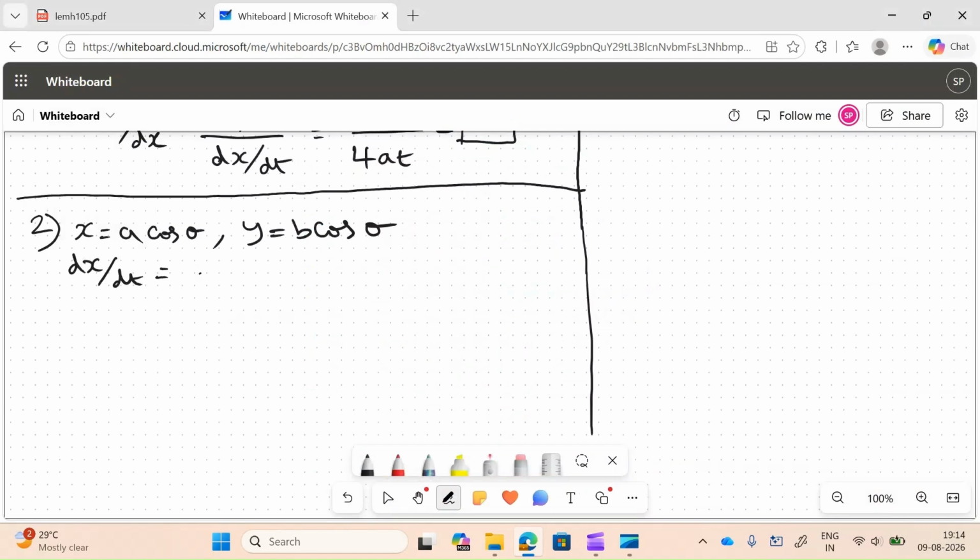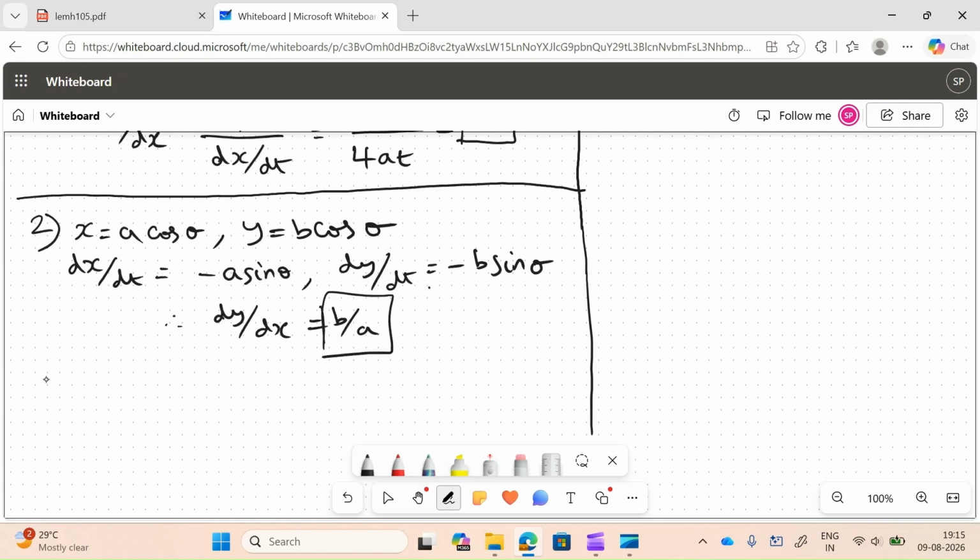This will be minus a sin theta. dy by dt will be minus b sin theta because differentiation of cos is minus sin. So your dy by dx will be this divided by this. Sin theta gets cancelled, so it will be b by a. That's all. See, one line answers you're getting. Okay. Now, next question is